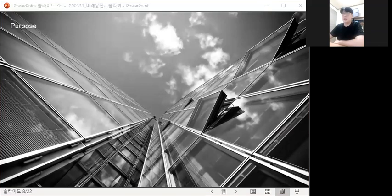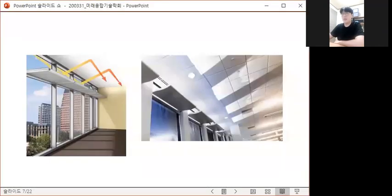Previous studies applied a single light shelf system to buildings by deriving the optimal shapes and angle, but did not consider difficulties in applying a single light shelf to high-rise buildings because of the height, wind tunnel, and wind load of the buildings. Another challenge is that the size and angle of the light shelf will have a significant impact on the shape and design of the building envelope. Therefore, this study